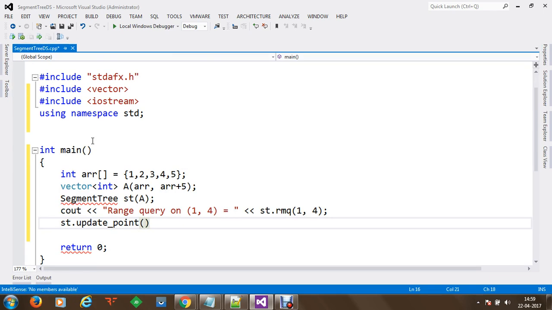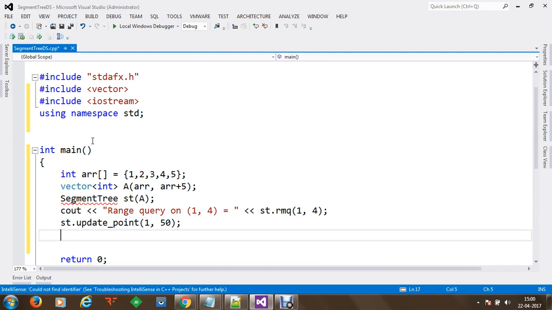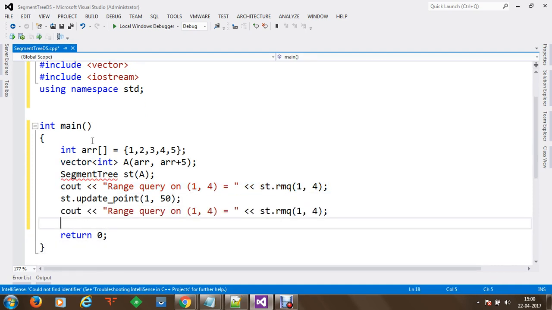Let's say I would be specifying index number 4 as the value which we want to update, or let's say I would like to take index value as 3, which we want to modify, or let's say we want to put in a high value or a small value in order to test the minimum range. Since 1 will be the least element once the segment tree has been initialized, I would like to modify 1 and replace it with some value like 50. So this will be the update query, and once the update point has been done, again we want to print the cout and see the difference between the range which has been done.